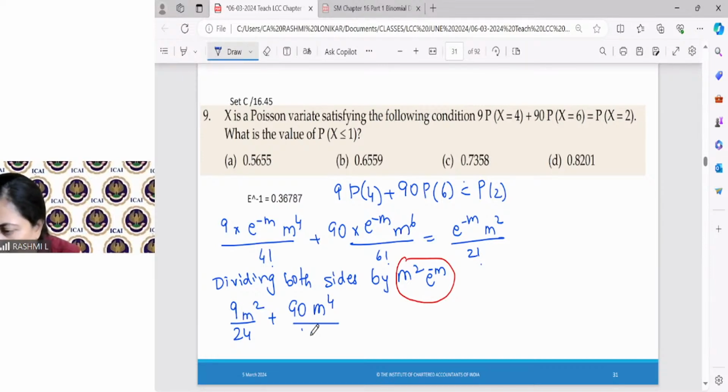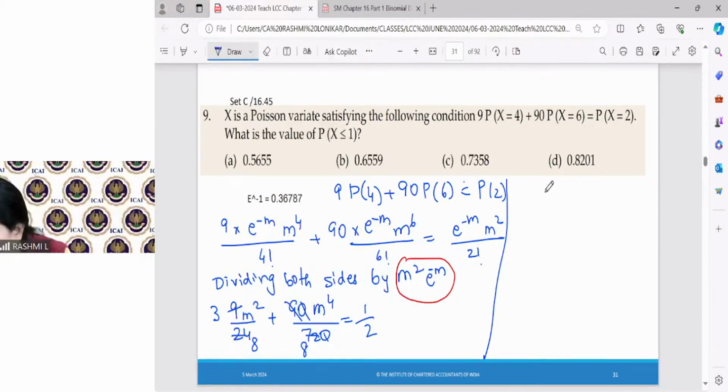6 factorial I know is 720, is equal to e raised to m has gone, m square has gone. So I am left with 1 upon 2. Okay. Now 3 goes, 8 goes, this will cancel, 9 8 goes. Okay. So what am I left with is